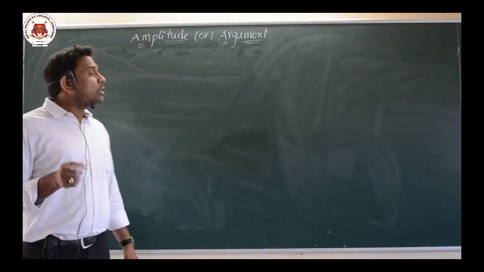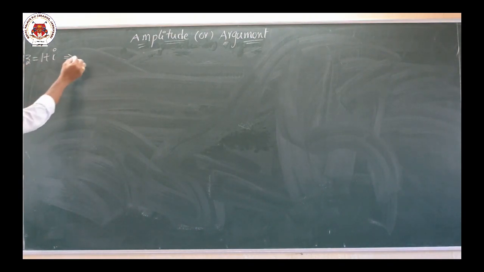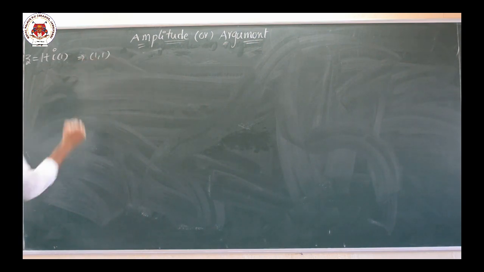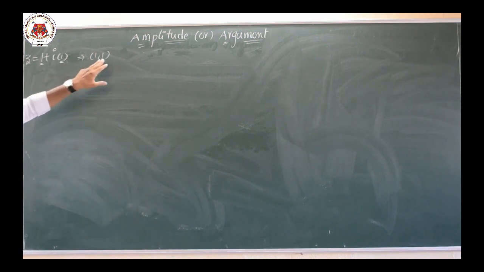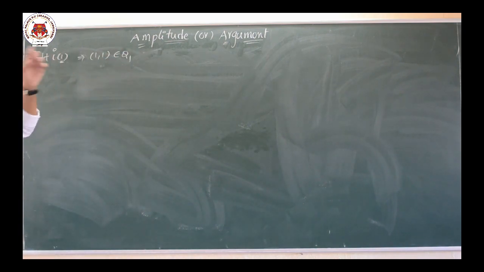Now the next problem, 1 plus i. So 1 plus i is a complex number. So we will convert it into a point. Here the real part is 1 and the imaginary part, here there is no number, means here into 1 is there, because i into 1 is nothing but i. So we can write in point format, ordered pair 1 comma 1, real part is 1 and imaginary part is 1. So children, 1 comma 1 means both are positive. So x positive, y positive, both positive, definitely it belongs to the first quadrant.